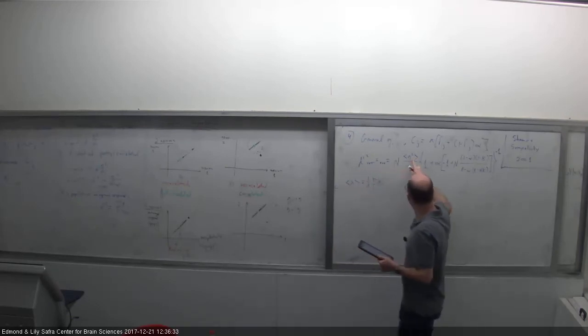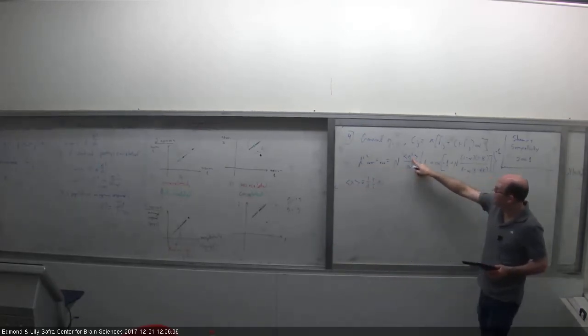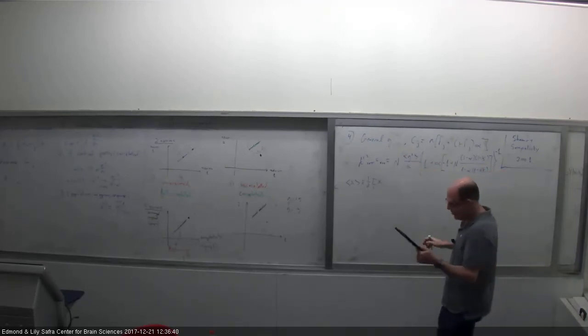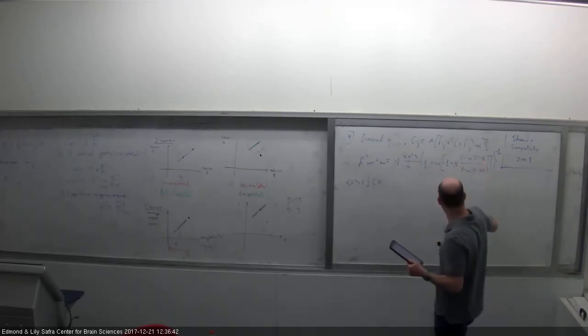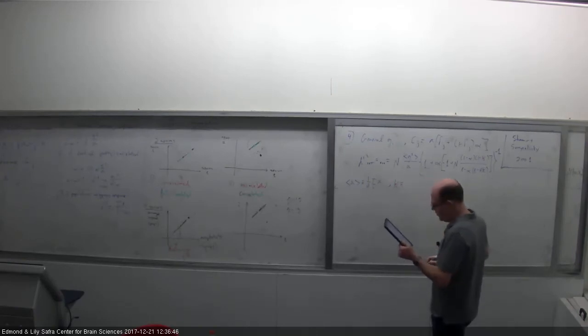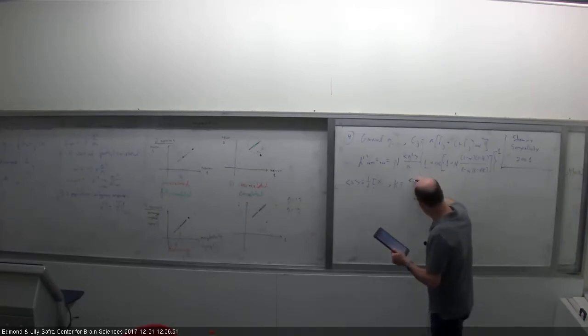So the square average is just the sum of all the Gi squared divided by n. And kappa, which appears here and here, is defined as G square average minus G average square, divided by G square average.